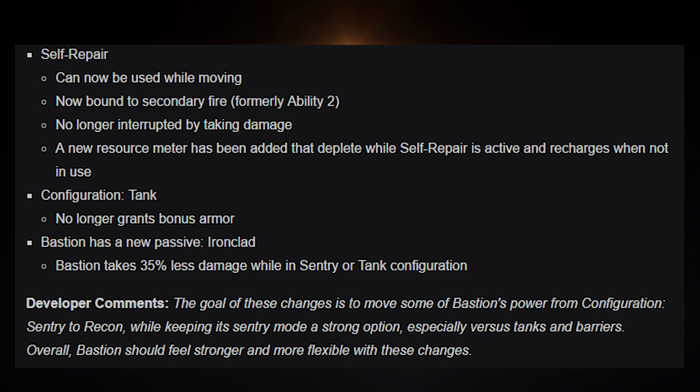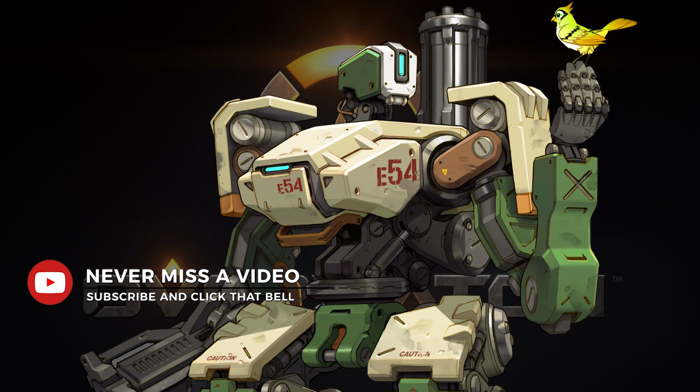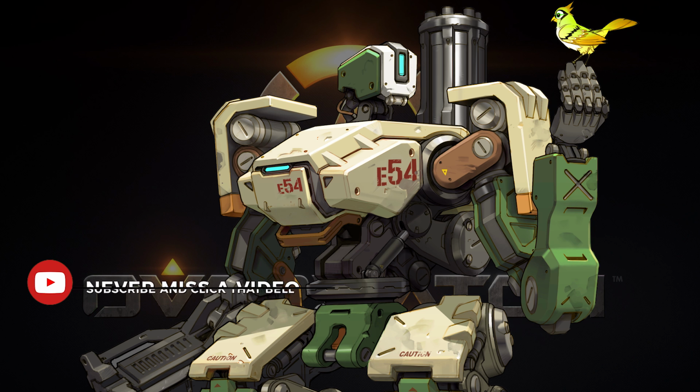Developer comments, the goal of these changes is to move some of Bastion's power from configuration Sentry to Recon, while keeping its Sentry mode a strong option, especially versus tanks and barriers. Overall, Bastion should feel stronger and more flexible with these changes. Alright, so because they did a complete redesign of this character, I'm going to need to make a separate video just going through all of the different Bastion stuff. I'm going to compare the live version to the PTR, but suffice it to say, I really like these changes